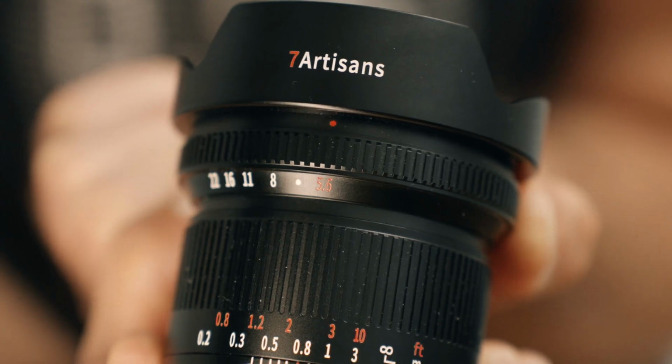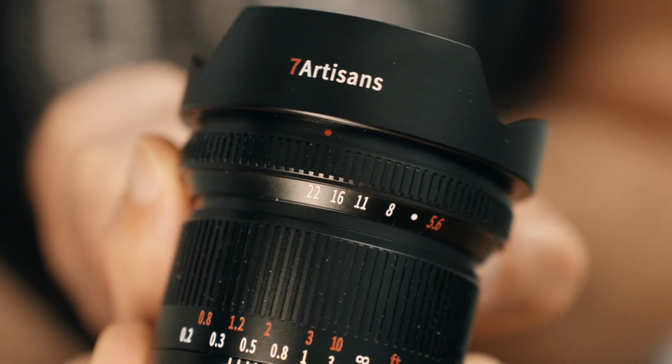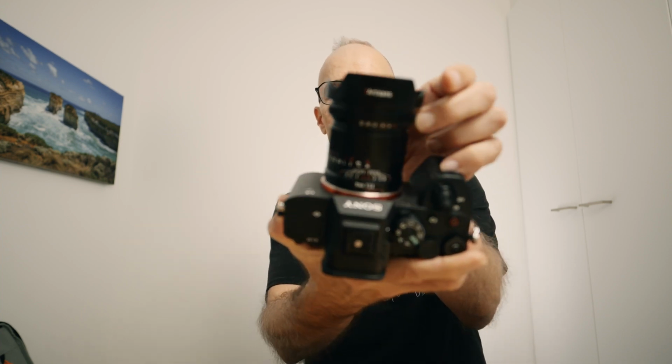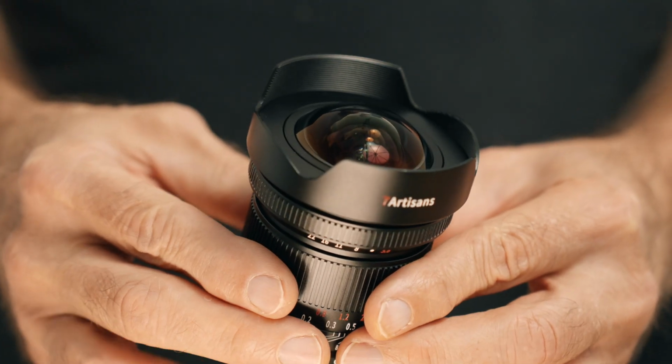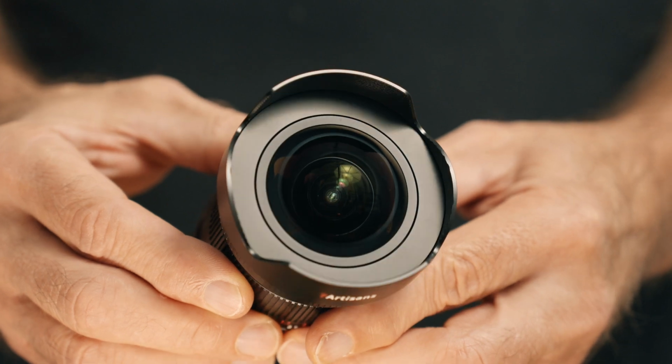The clicks on the aperture ring are not evenly spaced, and I think that is one of those things that separates this from those super high-end and more expensive manual focus lenses like Zeiss or Voigtlander and such lenses, because those lenses never have unevenly spaced aperture rings. The diameter of the front of the lens is 70mm, but there is no filter thread